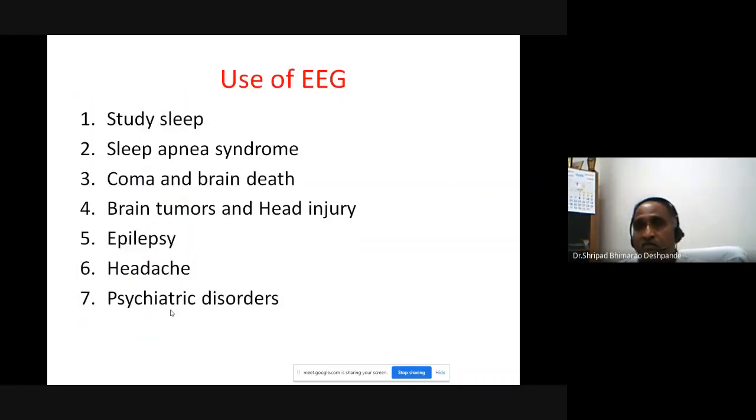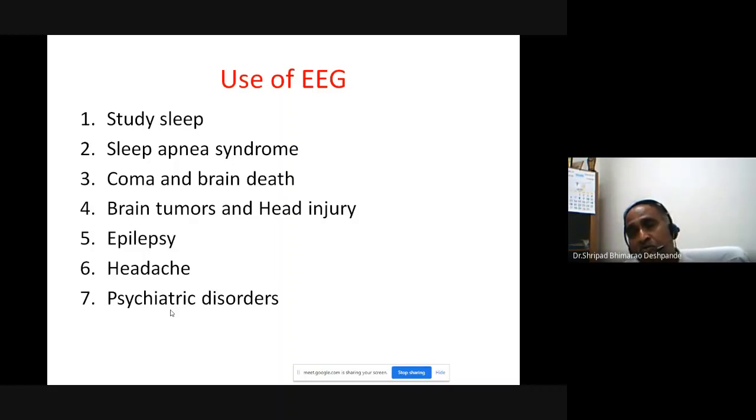Now what are the uses of EEG? One, the EEG is used to study the sleep, what is called somnography. Somnography means we want to study the sleep. Why do we want to study the sleep? Because